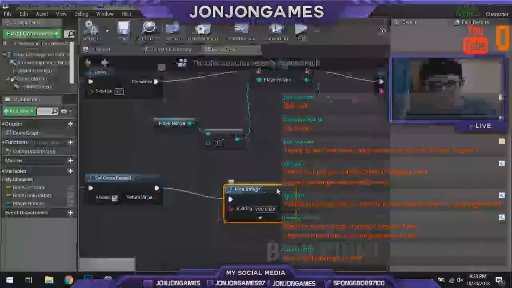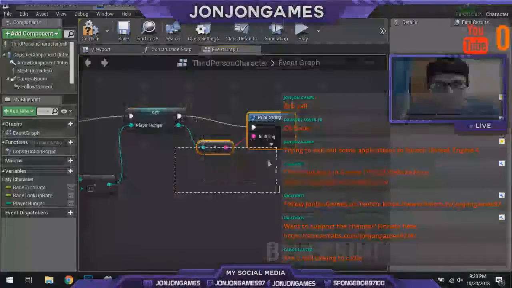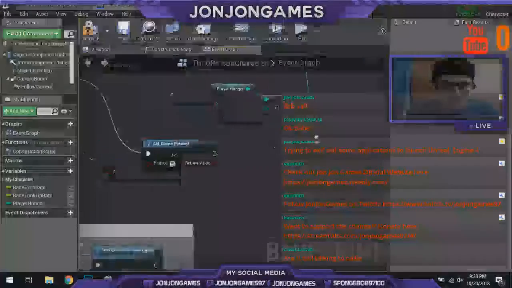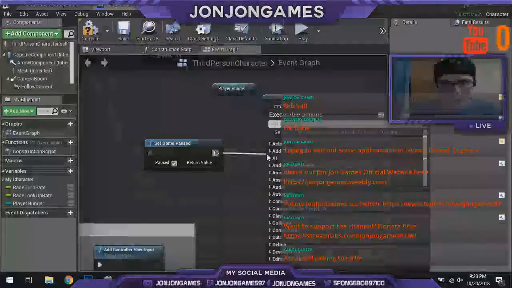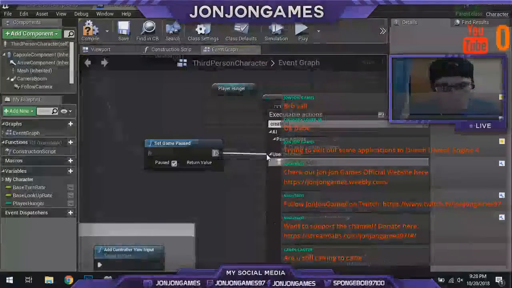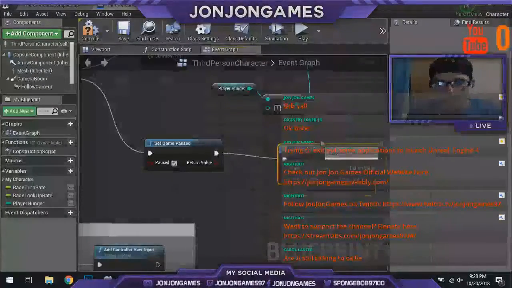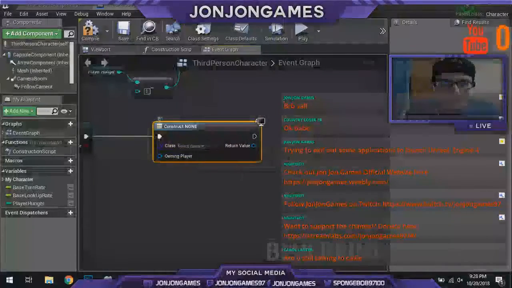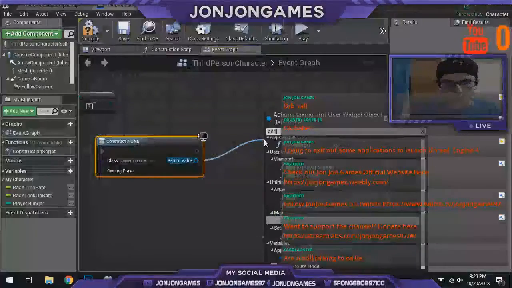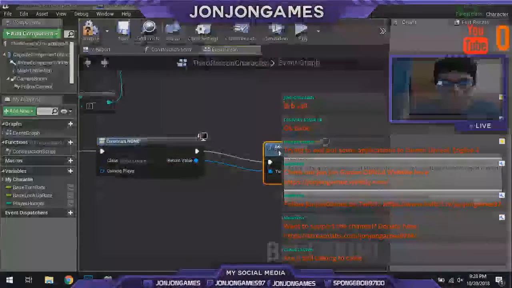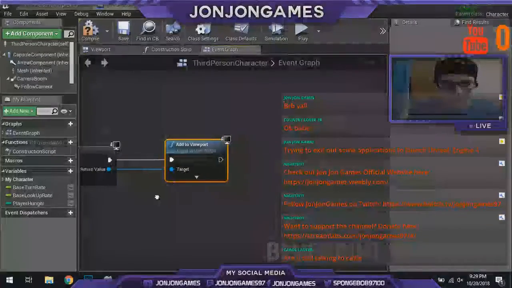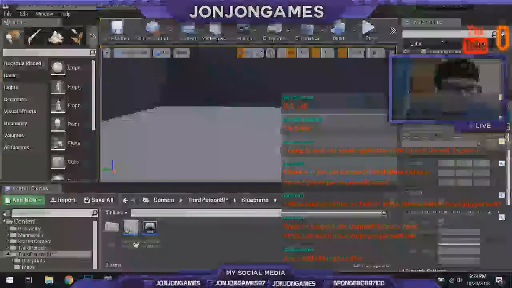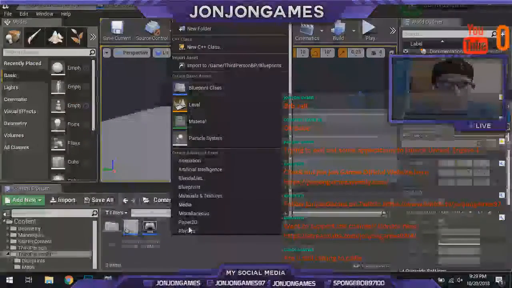So since that works, if the player does not have enough stamina, this is where we're going to create the widget. Create widget. Check out from set game pause. Create widget. This is where we're going to set our widget. Add to viewport. To create a widget, right click our blueprints folder,